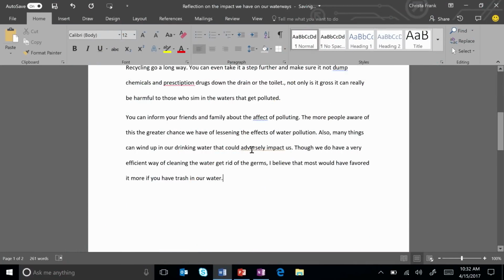A good example of this is how Editor will elevate the conciseness of language. For example, in this document, I see a gold dotted line. There aren't any rules broken, but the language could be improved. In the last paragraph of our document, there is the phrase, adversely impact us, with the gold dotted line underneath it.